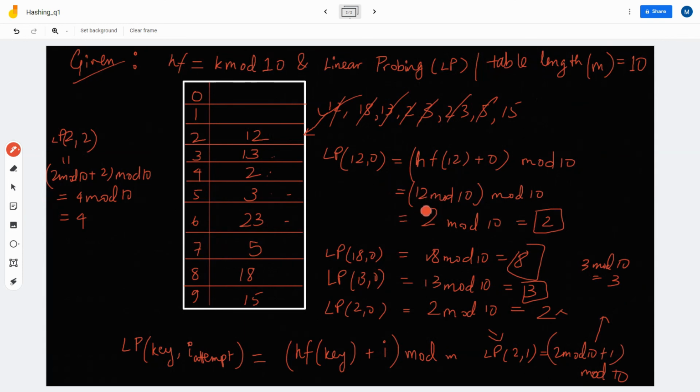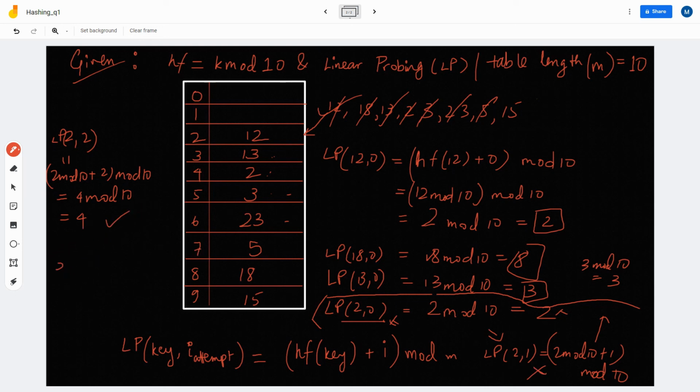I just want to mention one last, very small point. Let's look at the case of linear probing of 2 comma 0. There we see that our first attempt failed, our second attempt also failed, and our third attempt passed.